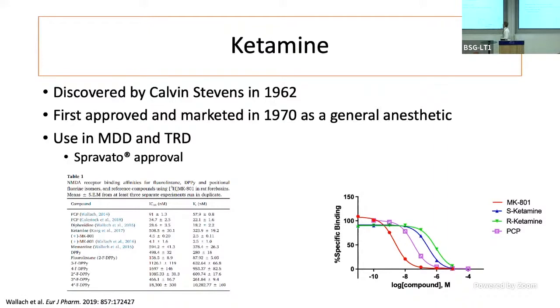But a major problem with it is they're comparing the same dose of R and S ketamine, often 10 mg per kg. And the problem with that is, for some cases that might be fine, but if you really want to see if the drugs in fact can do different things, that's not dose dependent, you have to do a full dose response.